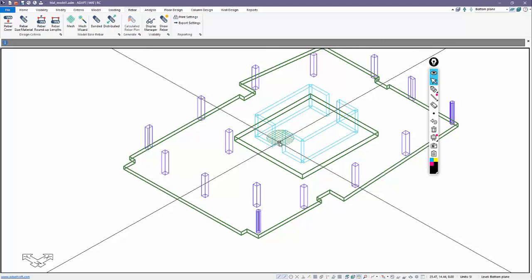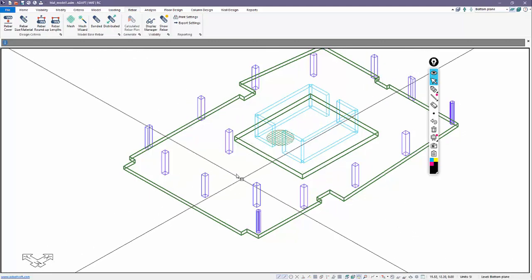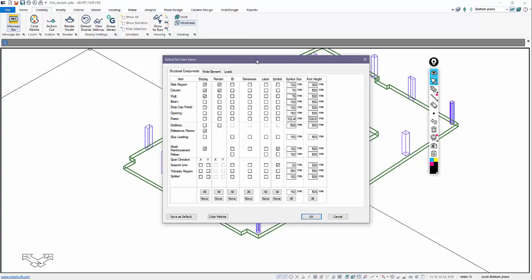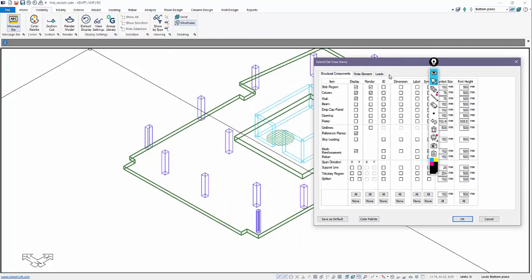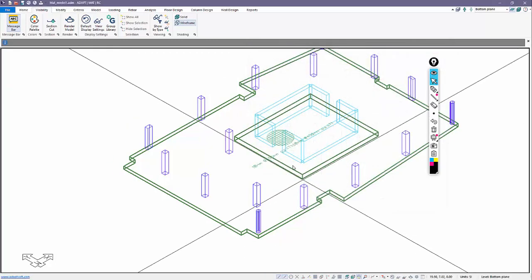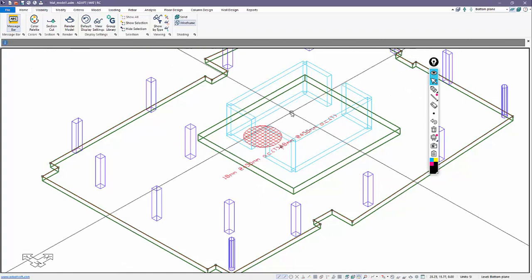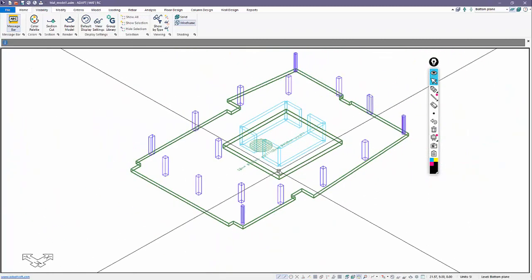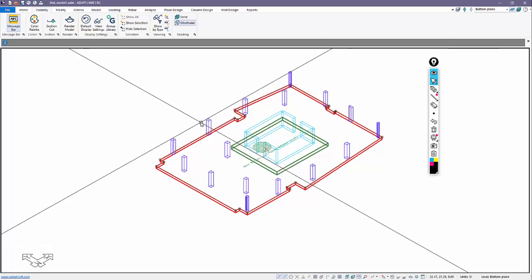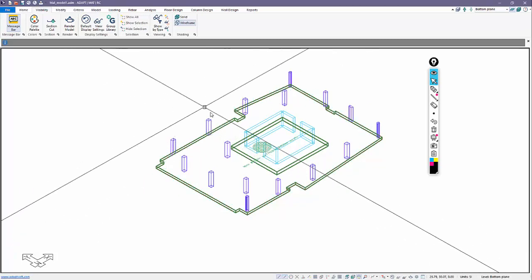If you wanted to actually see what the characteristics of the mesh are, we can always go to visibility, where we control the visibility really of all things within Builder. I can come into visibility, and for mesh reinforcement, I'll just put on the dimension, and that will show me the bar spacing and the bar size. Now, if I do the same thing for the bottom bars, let's go ahead and do that.